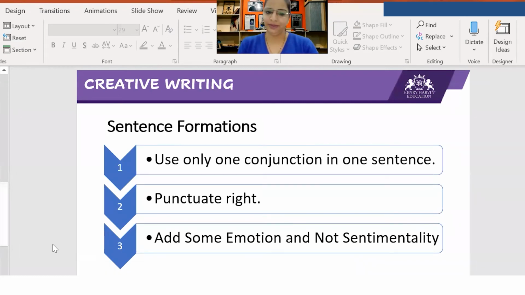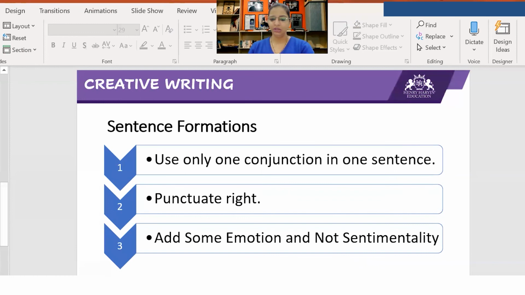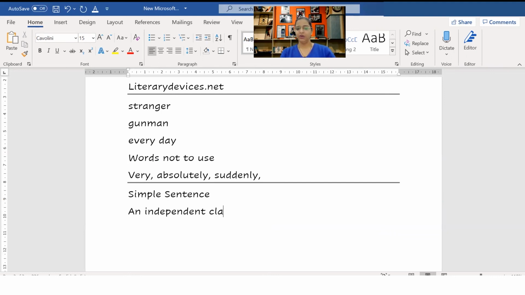So when you are writing sentences, let me just tell you that there are only four types of sentences. Let me show you the four types of sentences that we have. One is a simple sentence, which has an independent clause, a verb, and of course a subject, right?